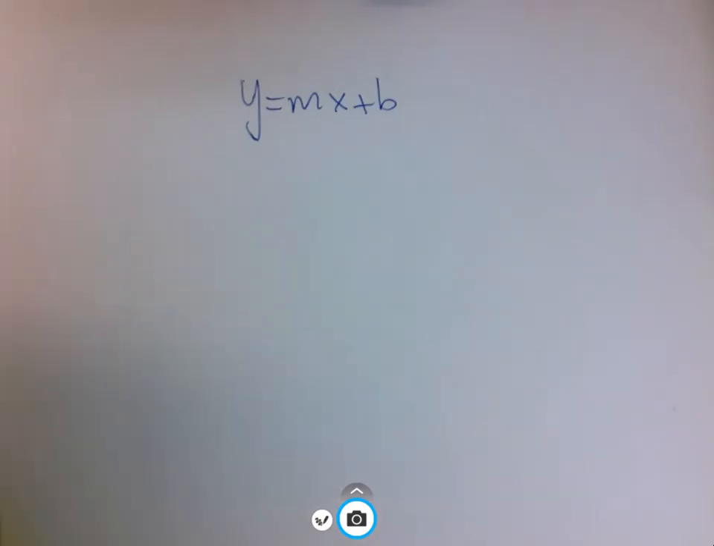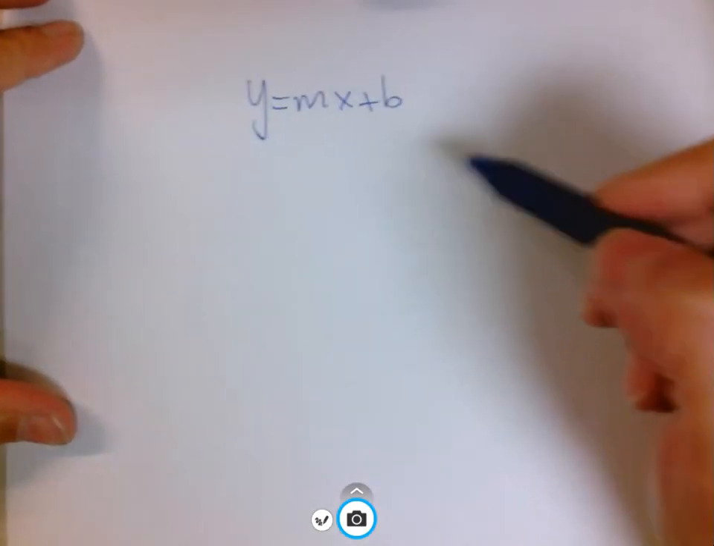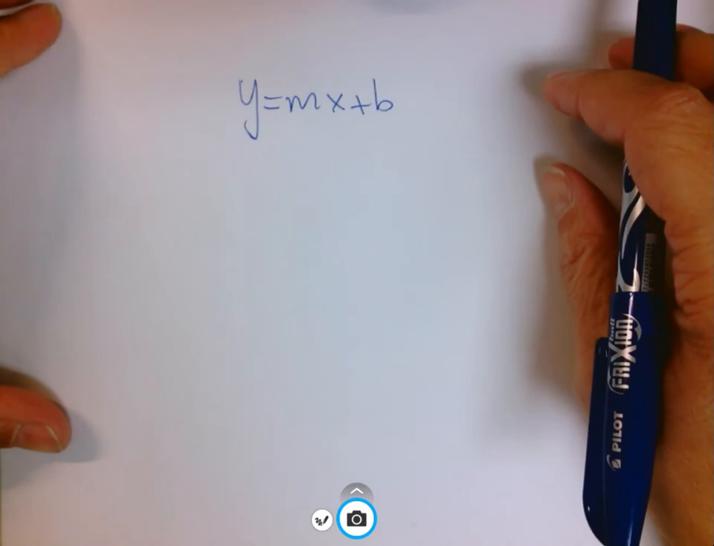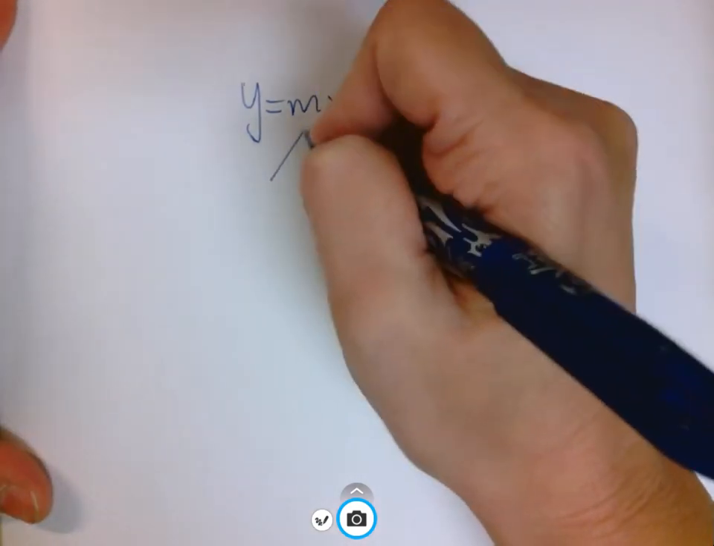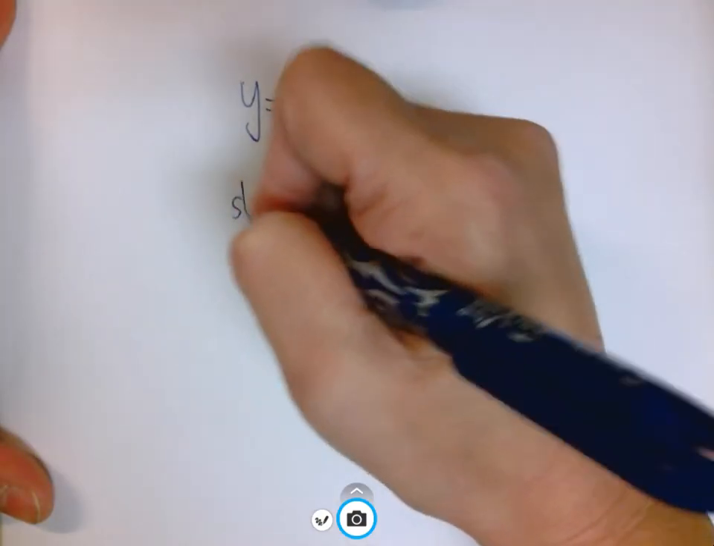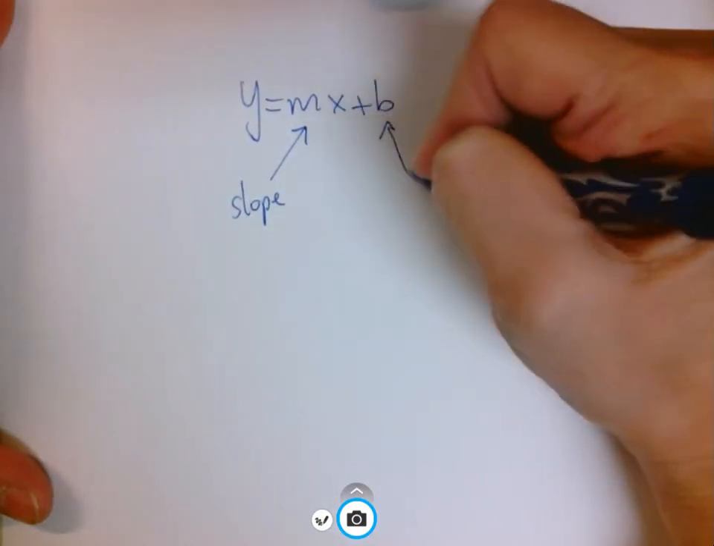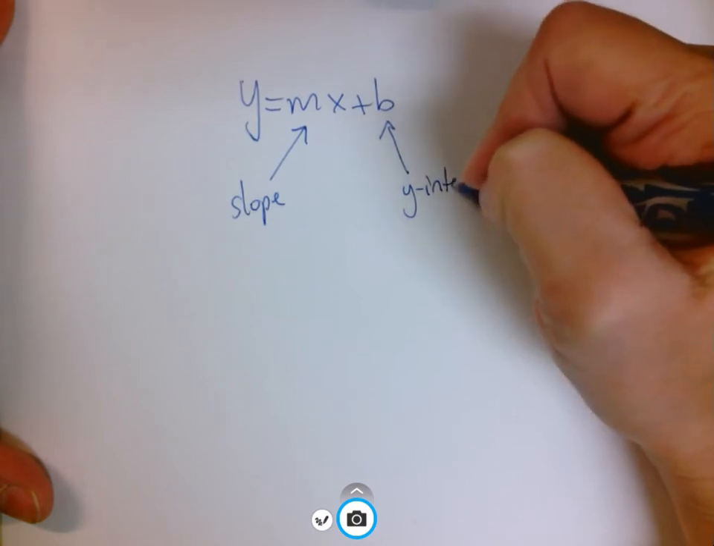This video is about graphs of lines and equations of lines. Now here's an equation of a line. It's written in the form y equals mx plus b. And what these things are is the m is called the slope, the b is called the y-intercept,